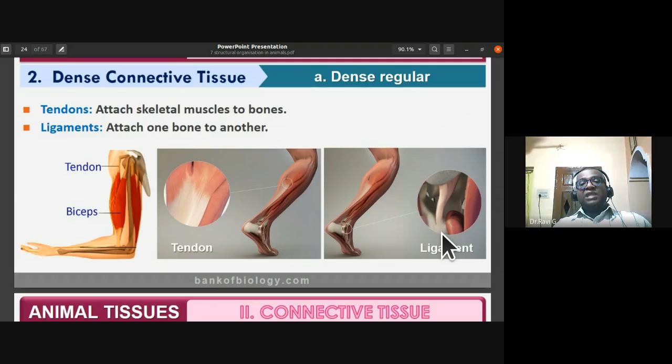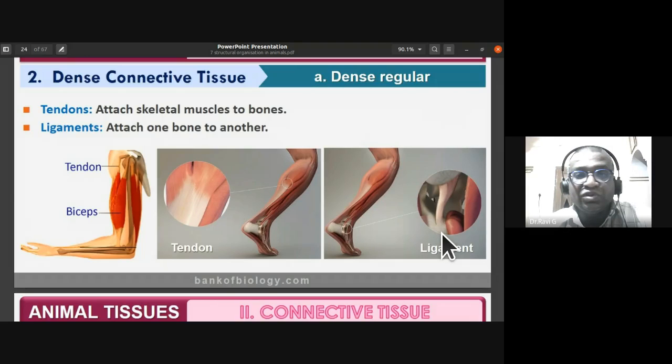Why should they have elastic fibers? So there is elasticity between bones. If there are no elastic fibers, you cannot fold your hands, you cannot fold your fingers. If they were made up of collagen fibers, we couldn't fold, because there is a bone to bone articulation which is held by these ligaments. Ligaments are made up of elastic fibers, because of which there is flexibility in the movement of bones also.